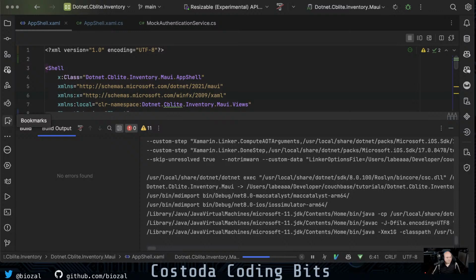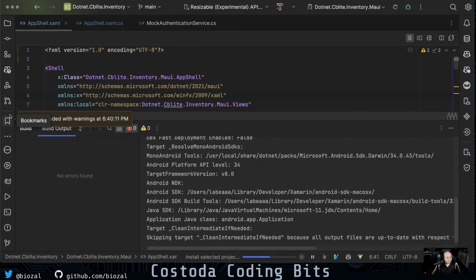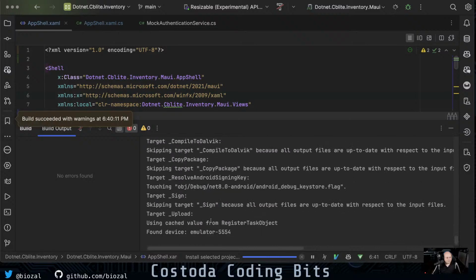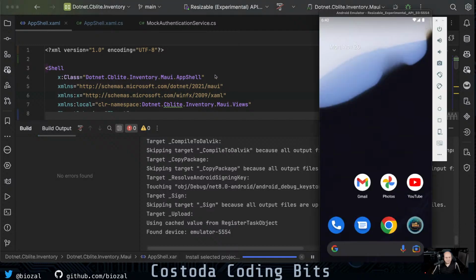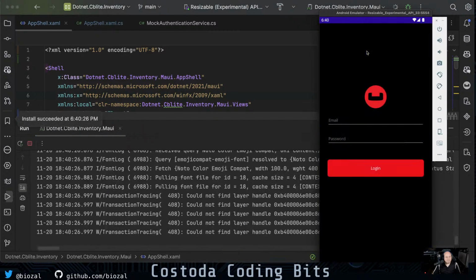I don't have enough screen real estate to get all the icons on here. So okay, you can see here, it's finding the emulator. So that's good. That means before, I think it was locking up here. But it found the emulator, so now it should be able to package up the AAB,